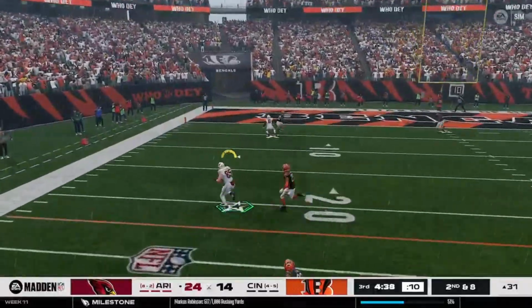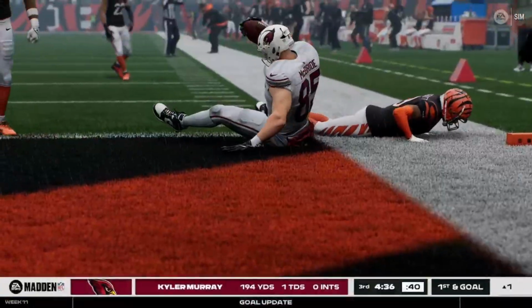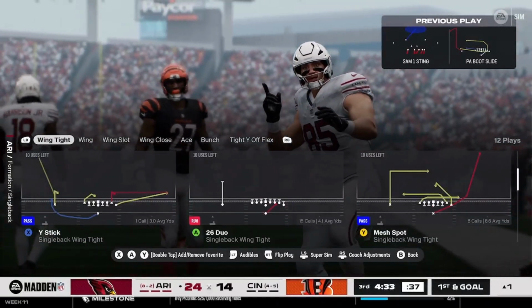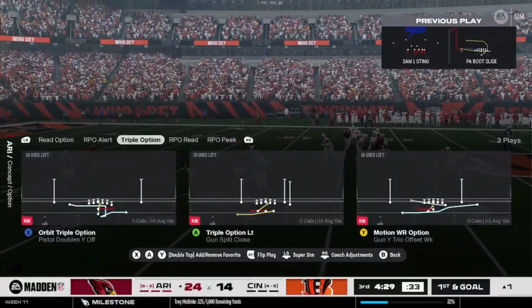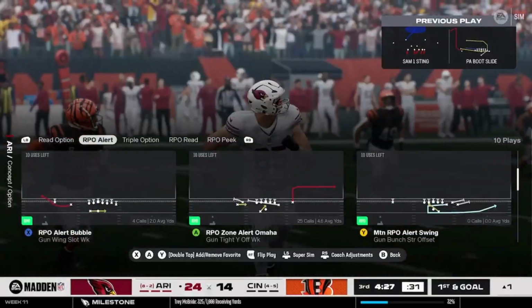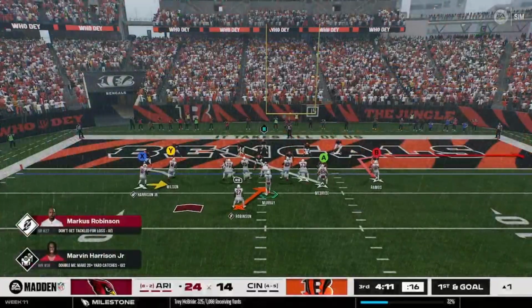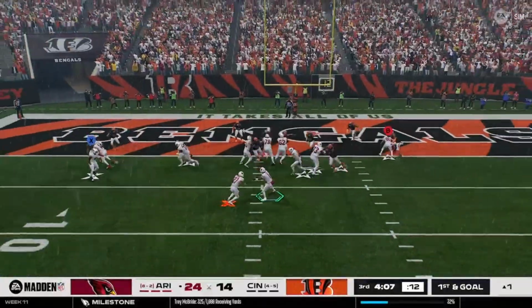We're throwing this McBride, who's open. He gets a great block from Marvin Harrison. Down at the 1 is McBride, who did a ton of leg work there. And what a play from Kyler as well. That was a great throw. First and goal from the 1. Oh, man,